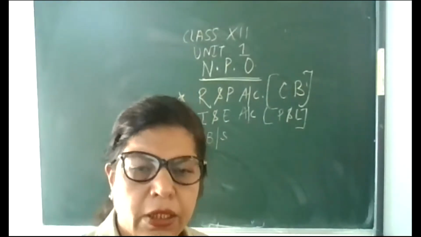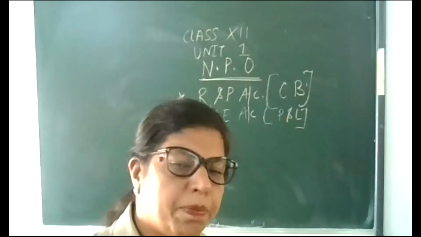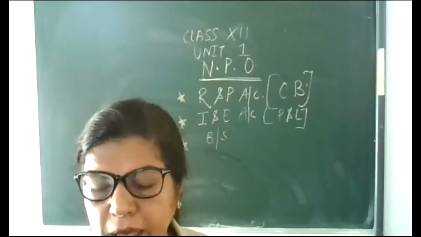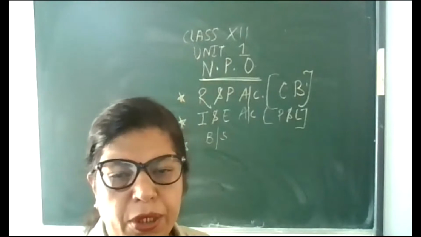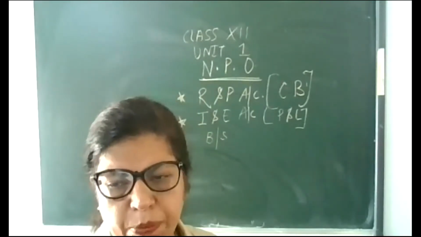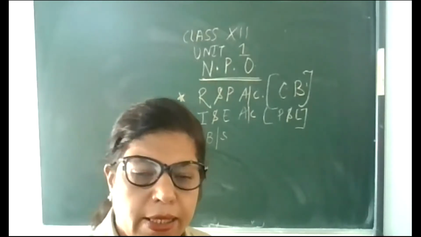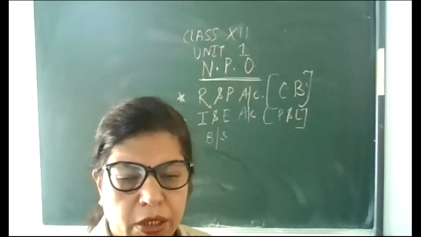And second is income and expenditure account. Income and expenditure account is just like profit and loss account. Receipt and payment account is prepared to know the cash balances, while income and expenditure account is prepared to know the surplus and deficit like P&L account, and balance sheet, which shows asset and liabilities of the business. I am sure you must have understood today's